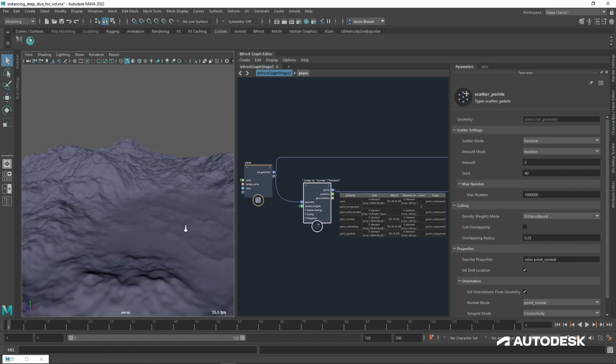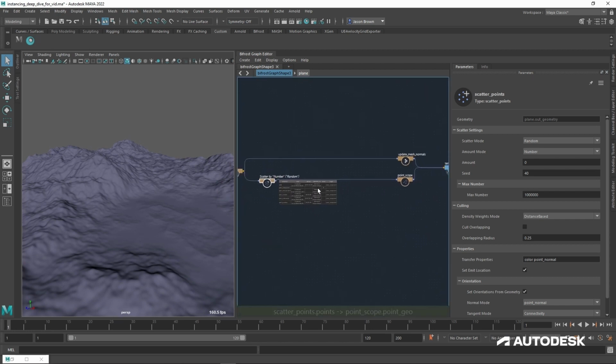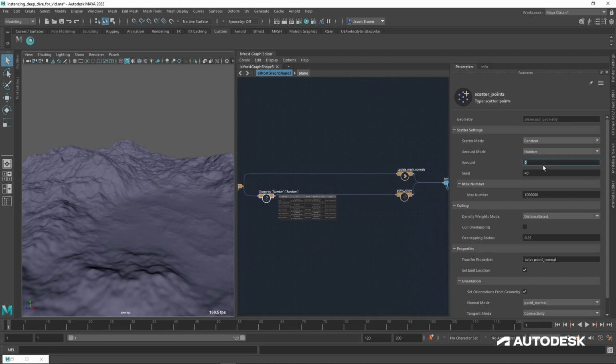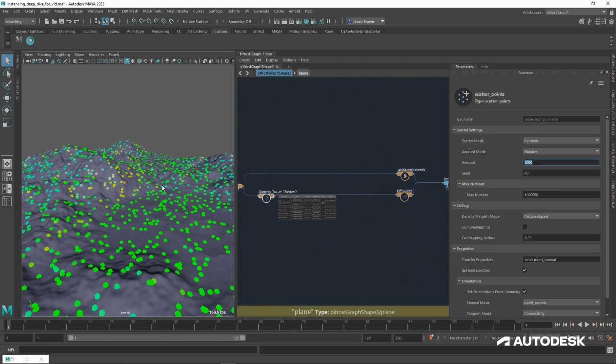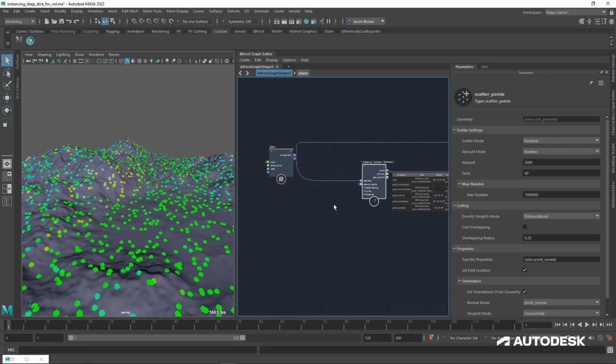It's far, far more likely to roll down the hill and end up on this plain area here. So what we're going to do is use some curves to make sure we only scatter down here. And we're going to use our density weights to do it. So let's add our points back. We're going for 2,000 points. And I'm okay with them being the color of the normals. We're going to change that in a minute.